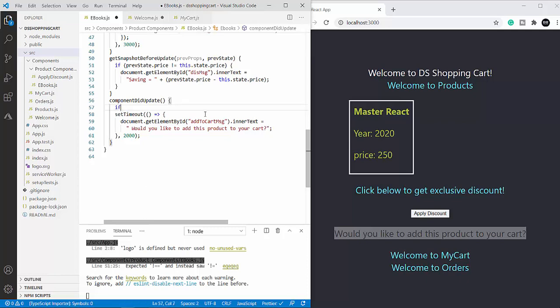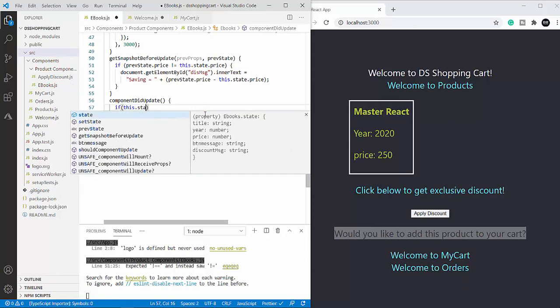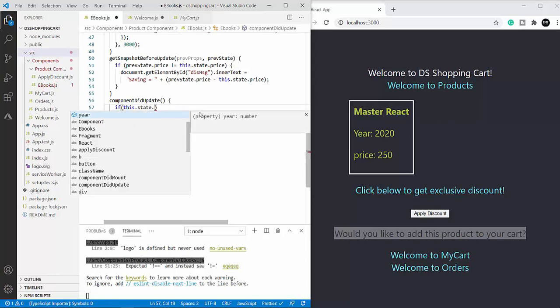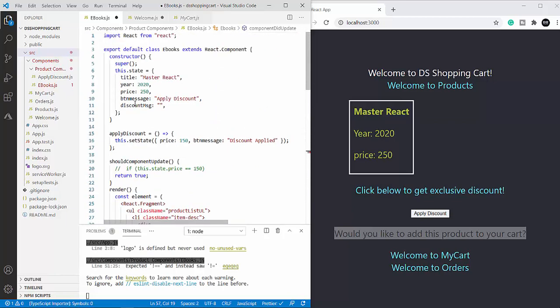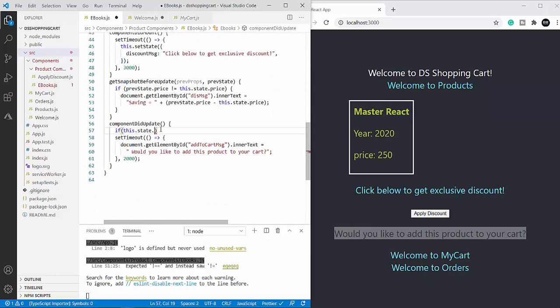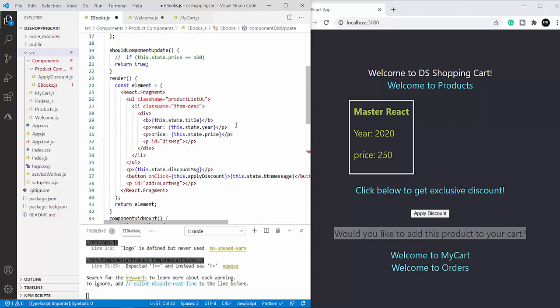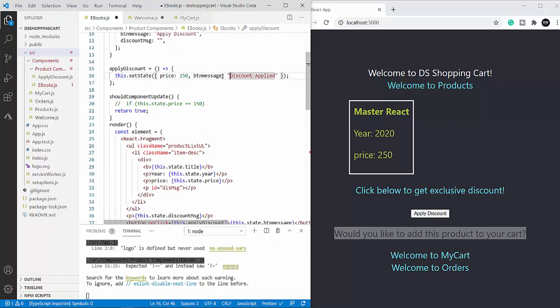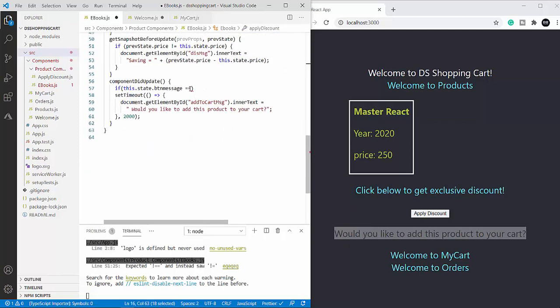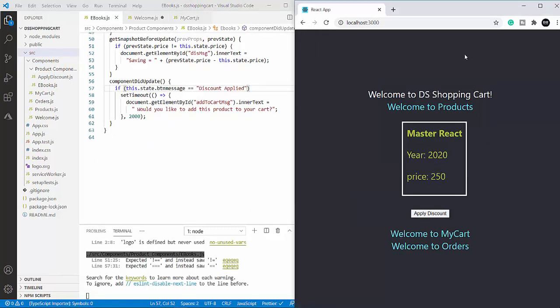So if my button message, which is this.state.buttonMessage, equal to discount applied, then I would like this logic to be rendered.